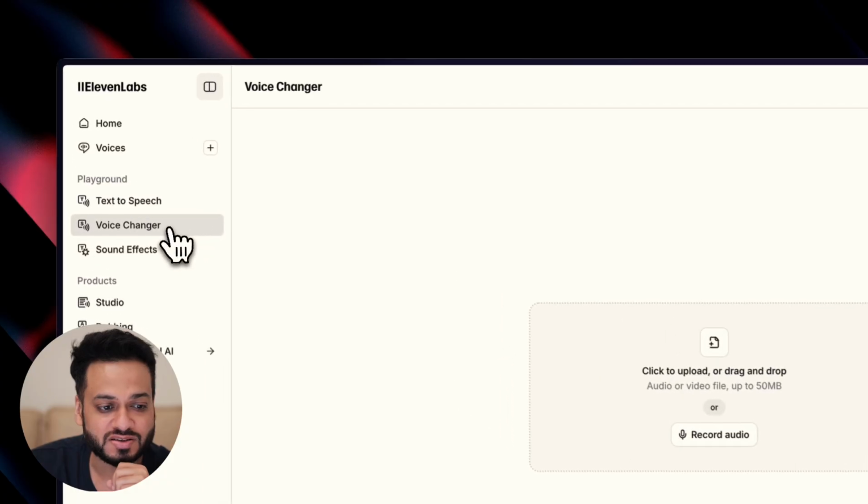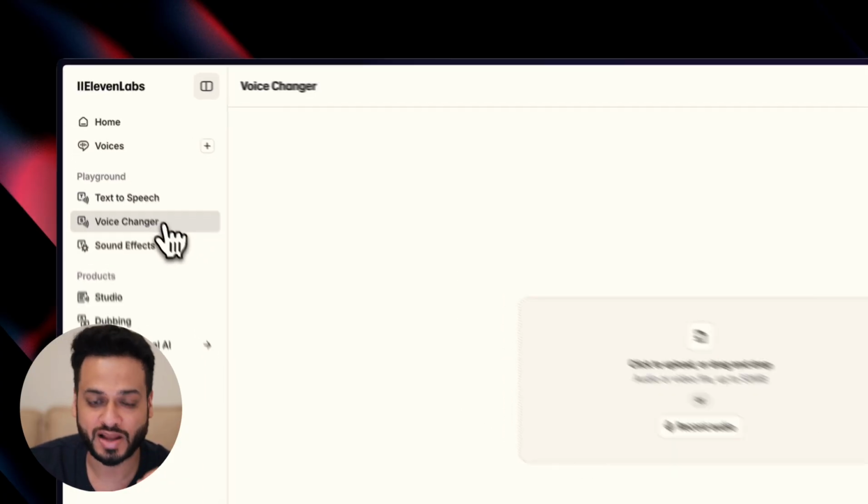And this is where the voice changer shines bright, because here we can directly input an audio, describe how we want to change it, and then directly get the audio back. Let me give you an example. So this is where we access the voice changer section in ElevenLabs, and